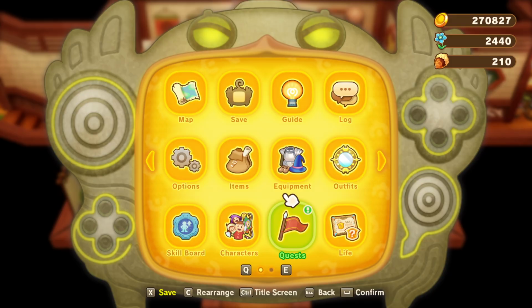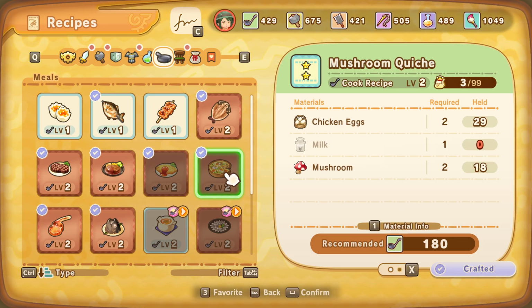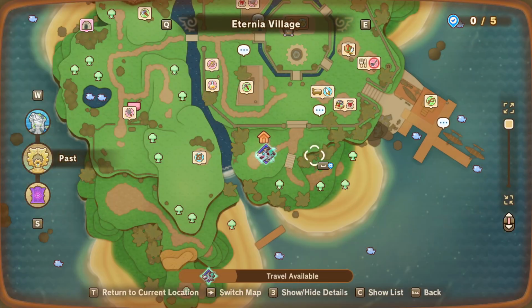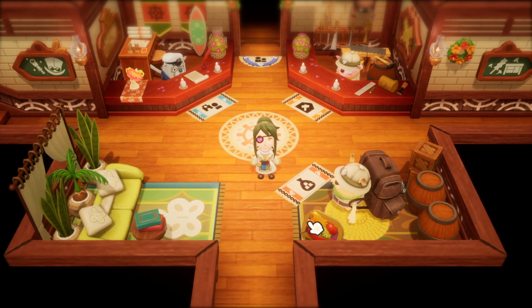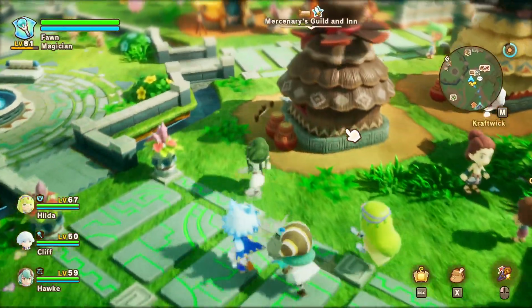Mushroom quiche is a cooking recipe, and I believe you get it right at the start of the cooking leveling, so you don't have to get very far into the game to get it. So it takes chicken eggs, milk, and mushroom, and you can easily buy those ingredients all at the start of the game. So if we go to Eternia Village, the restaurant and the material shop between them sell all the ingredients. So if we just head to the restaurant,